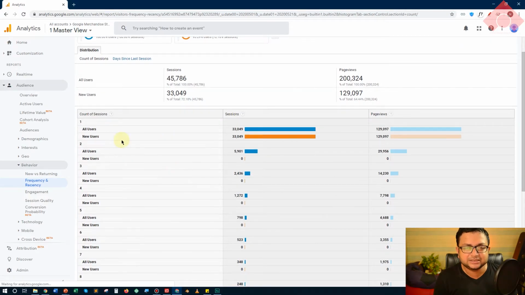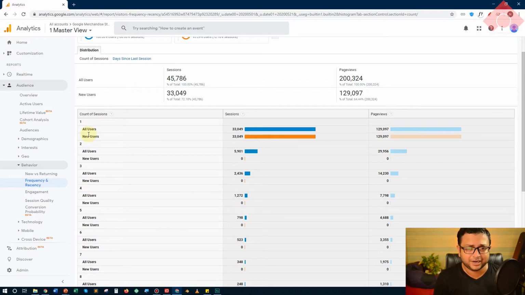Now you will see that this report has changed a lot. For every count of sessions, all user and new user reports are provided separately. As you would expect, in count of sessions 1, the all users and the new users are the same, which means that all those people who are visiting this website for the first time are new users.